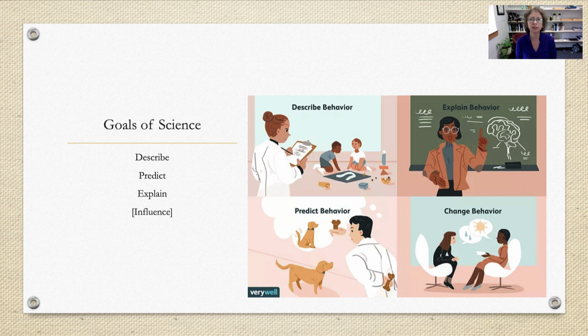And then influence, again, if I can control behavior, like make it not occur, or change behavior so that when these factors are in place, it facilitates a behavior. Those are in that influence or change behavior space. Very typical of psychoanalysis or therapy, any kind of situation where we want to change our behaviors.